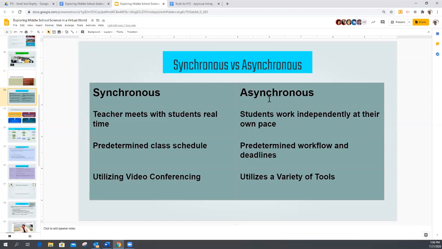You know how in education we have lots of acronyms and lots of big words. Well, these are the two big terms that are going out. So whatever schedule your school comes up with, it should have a combination of these two things. And there's different ways different folks think about it, right? I would say to you that probably starting out, especially, more of your time will be asynchronous. And let's see a little bit about what that might mean.